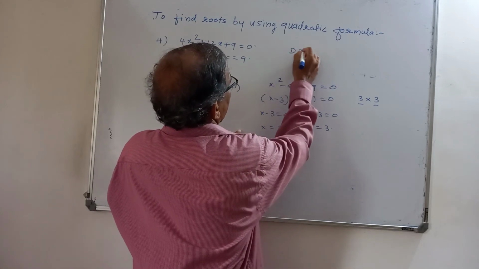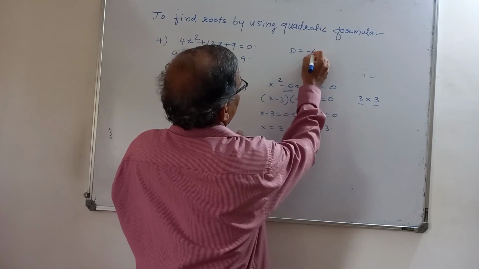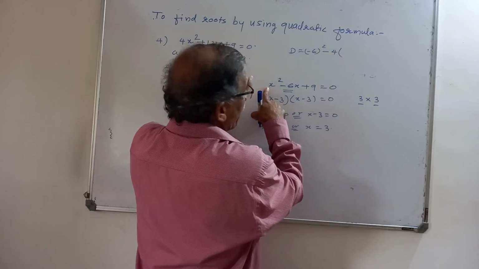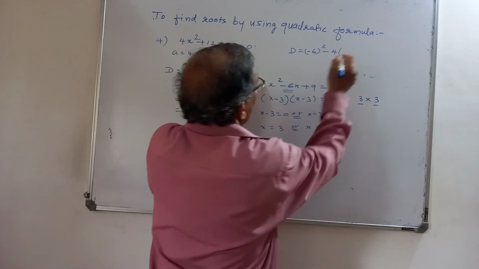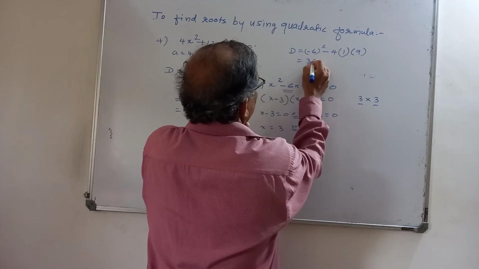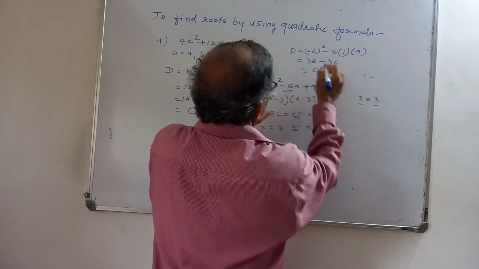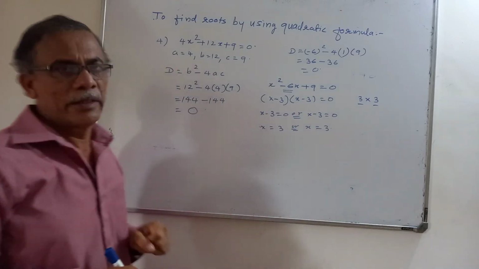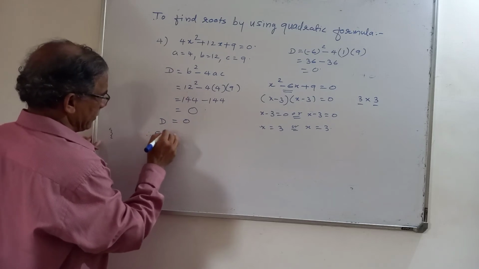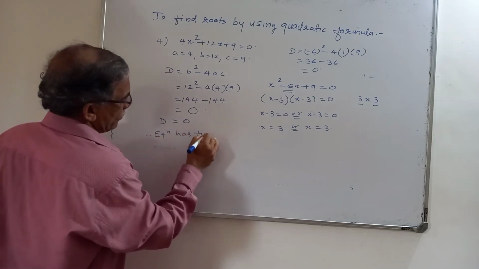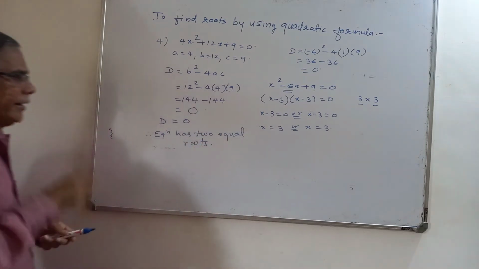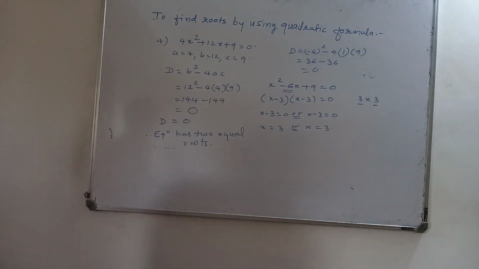Now why these two equal roots? Now, you find here D. B square. What is B? Minus 6 square. Minus 4 into A. X square, what is x square means? How many x square? 1x square. So A is 1. And C means 9. So minus 6 square is 36. Minus 36 is equal to 0. So when D is 0, you get equal roots. So now here you have to write what? D is equal to 0. Therefore, equation has two equal roots. So whenever D is equal to 0, we shall get two equal roots. And why that two equal roots?